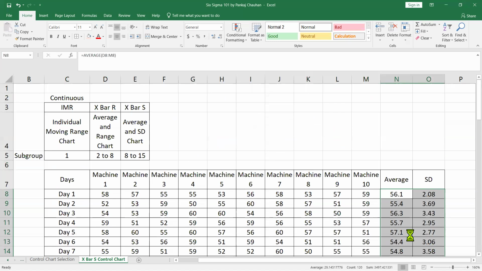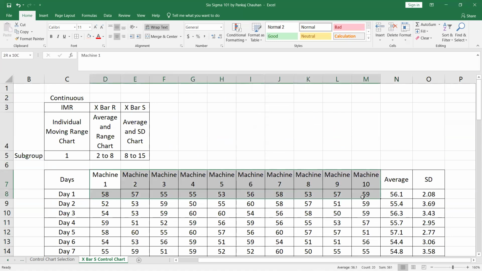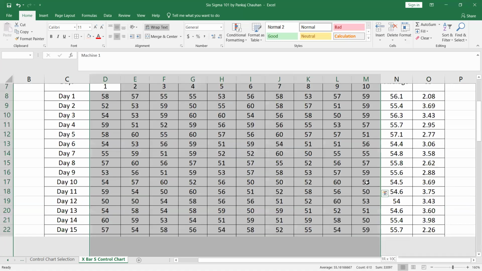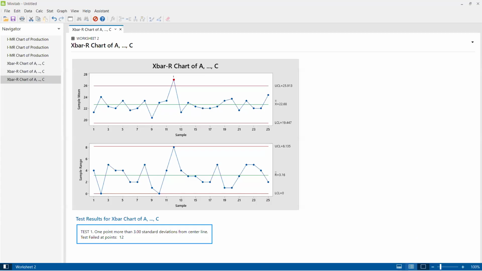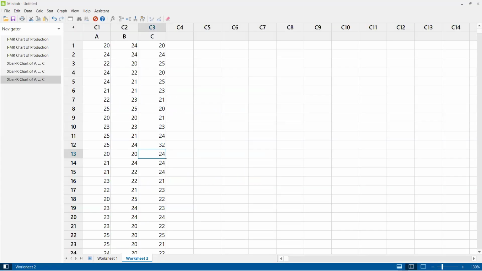All right. Now, here we go. So I will copy and paste this data. The average of all the 10 machines will be plotted here, and the variation among these 10 machines will be plotted in the form of standard deviation here. So I copy and paste this data in Minitab. Let's say I paste this data in this tab,